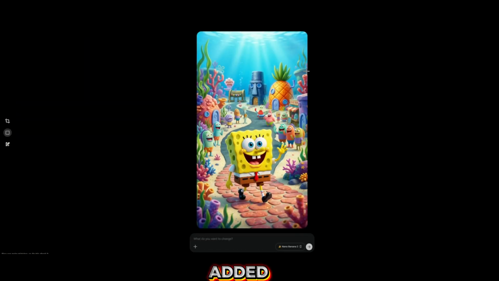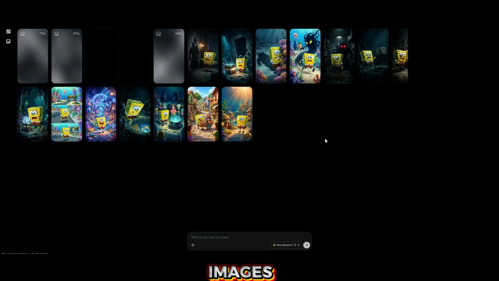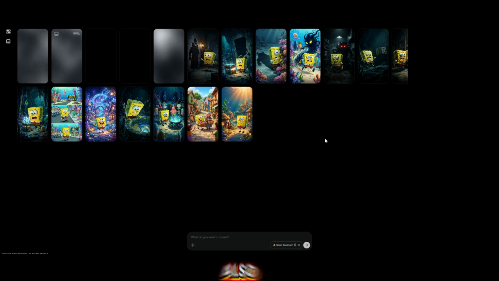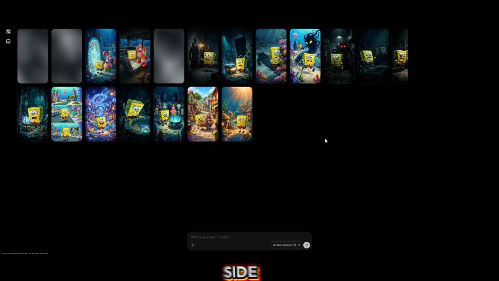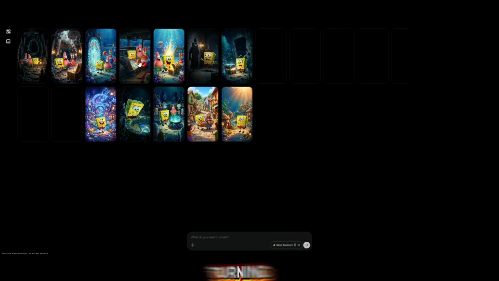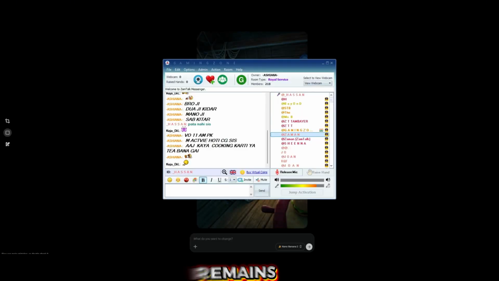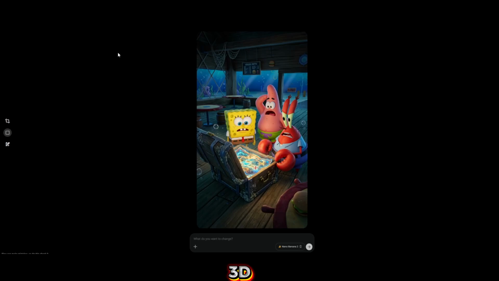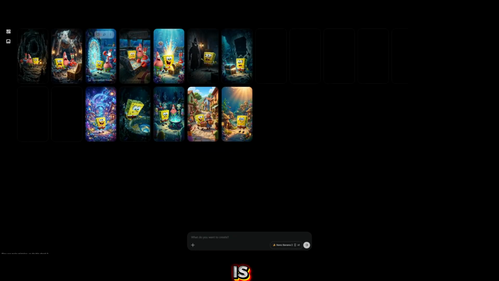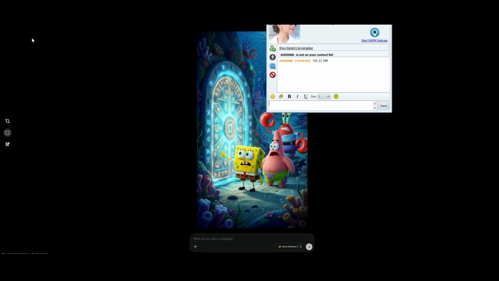Now in the same way, I have added even more prompts, like 5 or 6 extra prompts, so that even more images can be generated. I am also showing you side by side how these prompt-based images are turning out. You can see how engaging they are, and the character remains consistent. A 3D cartoon-style character is being used to generate these images, and you can see how classic and fully powerful